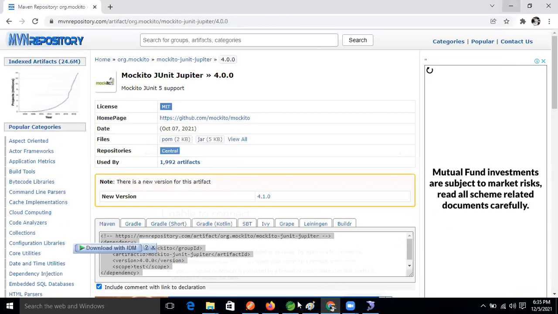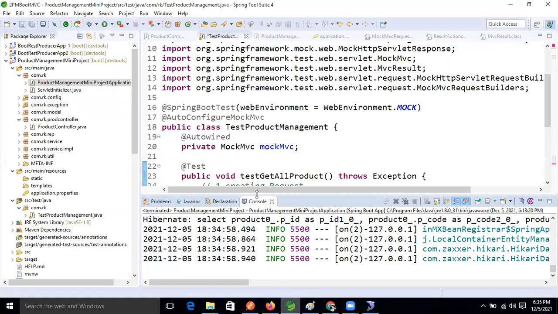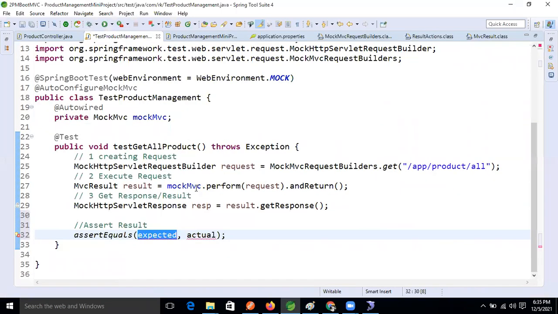So now come in the application. What is the expectation? Expected value is OK. OK means 200. So how are we writing it now? HttpStatus dot OK.